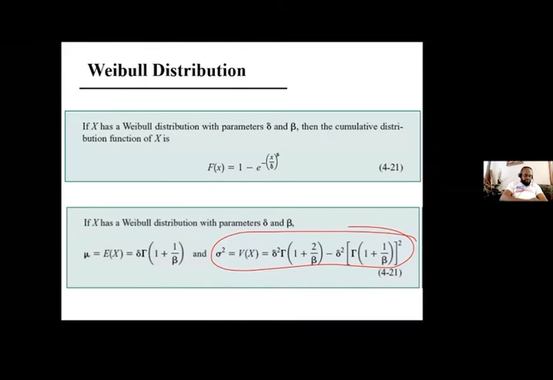Okay, now let us go into our application. Since we know the mean and variance of the Weibull distribution, I'll show you how you can actually derive that. I've given you a clue on how to go about that, but you know what, I have my time. I'm going to walk you through, probably, how to derive the mean.